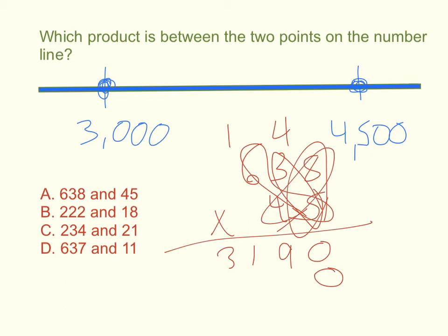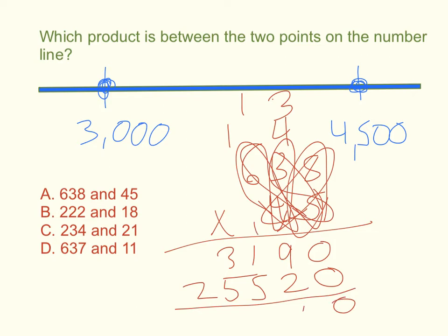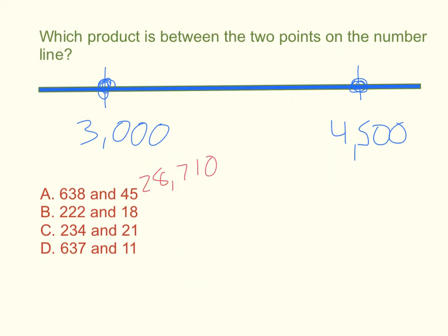4 times 8 is 32. 4 times 3 is 12, plus 3 would be 15. 6 times 4 is 24, plus 5 would be 25. Add that up. So we've got 28,710 there. I'll do B as a lattice box, so 2, 2, 2, 18, put in my box,